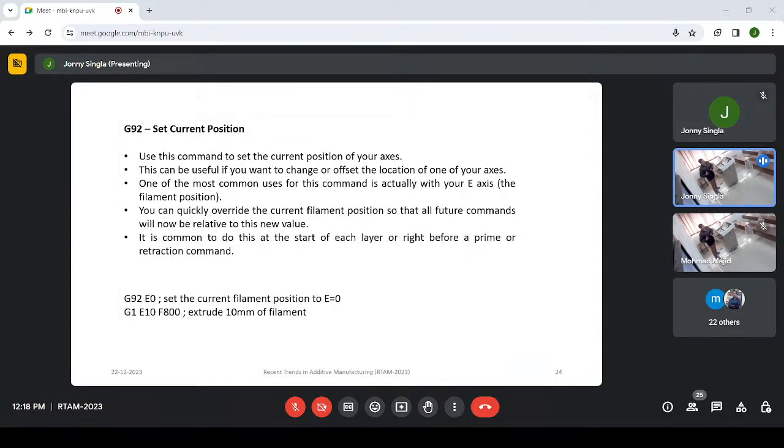Then G92 to set the current position as zero. And that means if suppose this is a figure